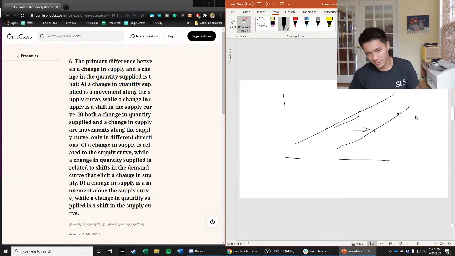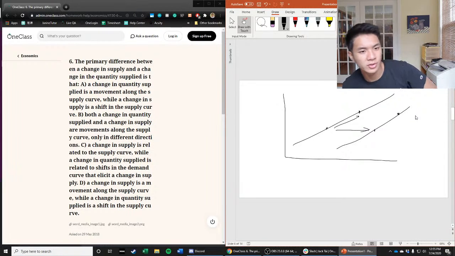And the main difference between the two is exactly what it sounds like. Movement is simply that the curve is staying the same. You're reaching a different point because the price has changed. If price has gone up, then the quantity supplied goes up. Price goes down, quantity supplied goes down. But the curve has not shifted at all. That's a movement. Meanwhile, a change in supply,